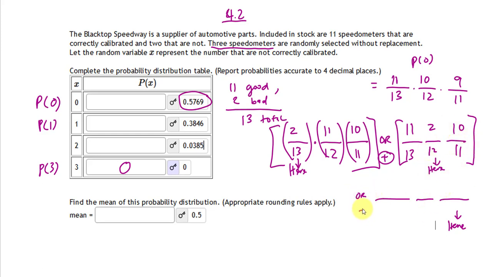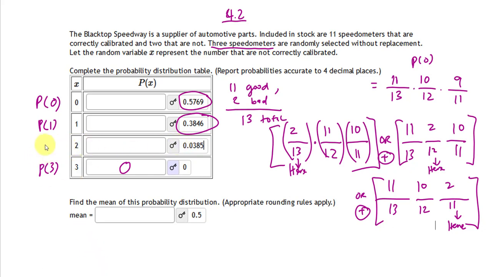And then another OR means addition. And the last situation, the bad one is right here, so the first 2 would be the good ones. So 11 out of 13, and then 12, and we have 10 only. And then of course we only have 11 left for you to pick out. And then of course you want the last one to be the bad one, and you have 2 of them. So you add this thing, add to this thing, add to this whole thing. You should get this value. And then I will leave you to do the second